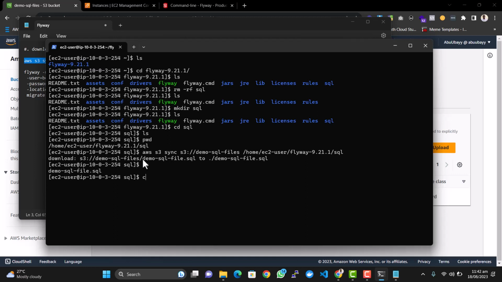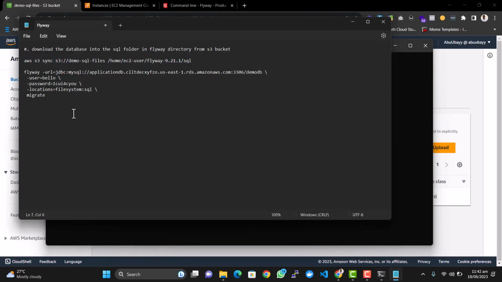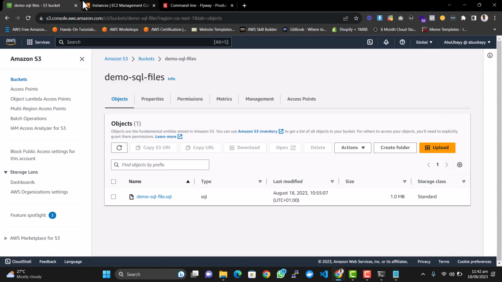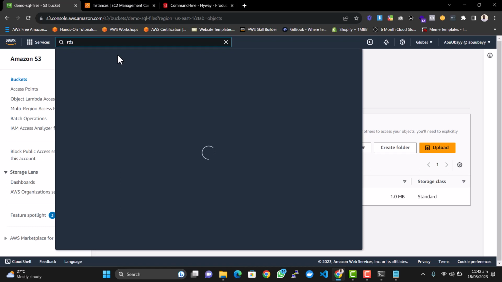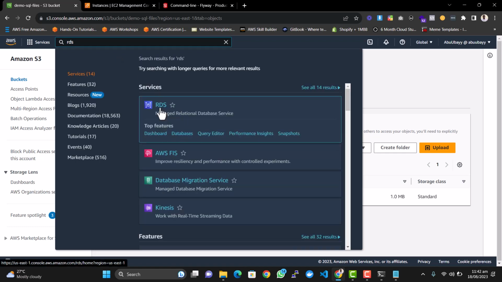So we press cd .. and we're already in the Flyway directory. So we are going to copy this Flyway migrate command, and for this migrate command, the next thing we are going to do is to update it. So this is the application. So we are going to go to our RDS, go back to the search console, press RDS, double click on it,